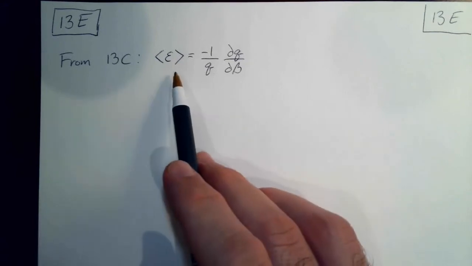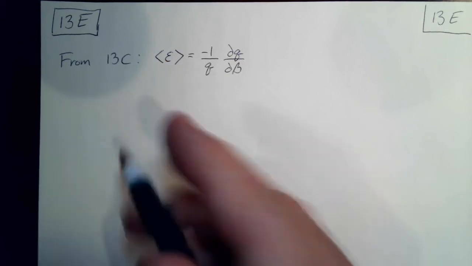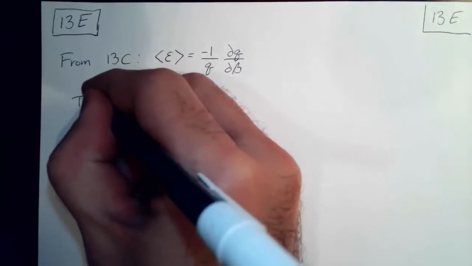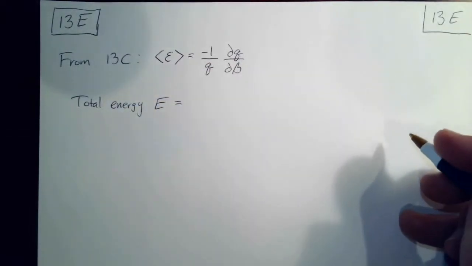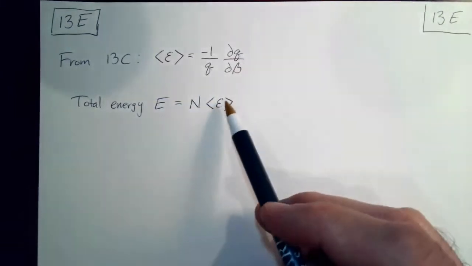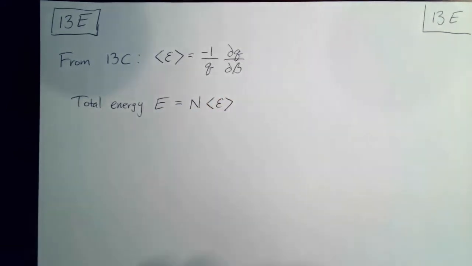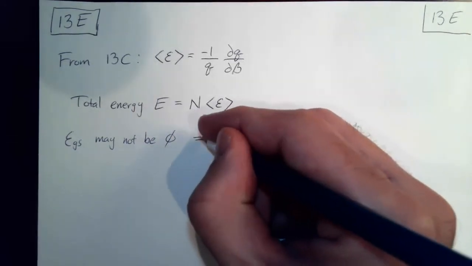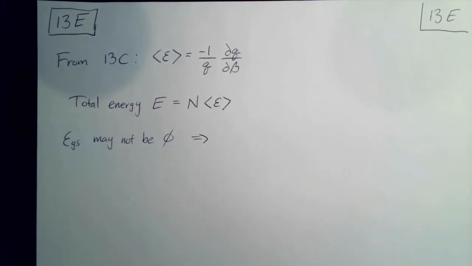So from 13C, we had this formula for the average, the mean molecular energy. And so using this formula, we know that the total energy, which I called capital E before, is equal to the number of molecules times the average energy. And this is just a rearrangement of the definition that I used to find the average, which was the total energy over the number of particles. And again, the ground state energy may not be zero. For example, the quantum harmonic oscillator, the ground state is not zero. Okay, so there are some systems where the ground state is not zero, in which case we need to shift